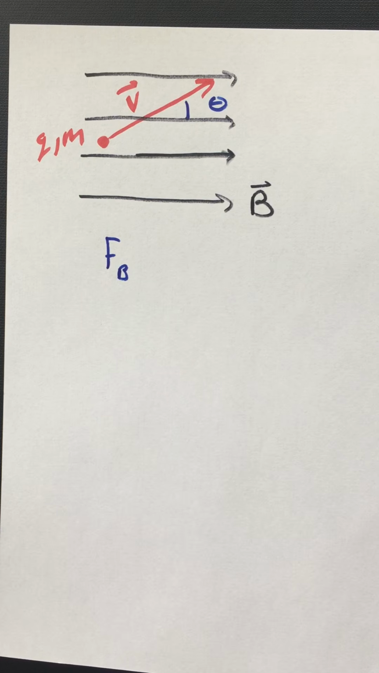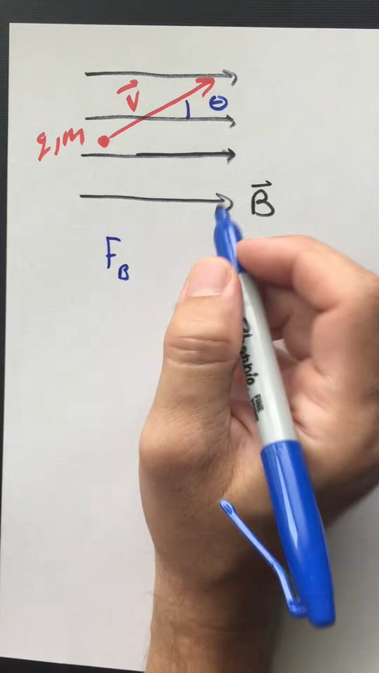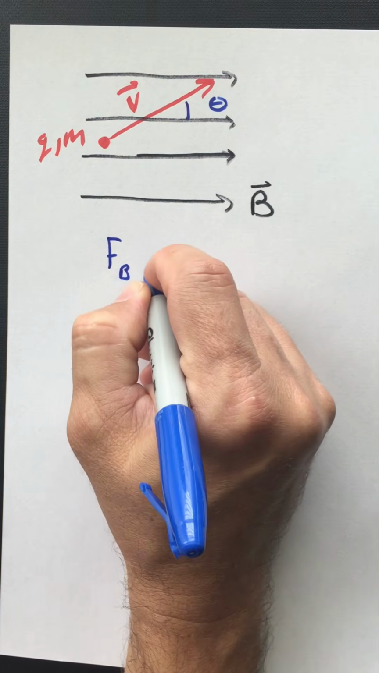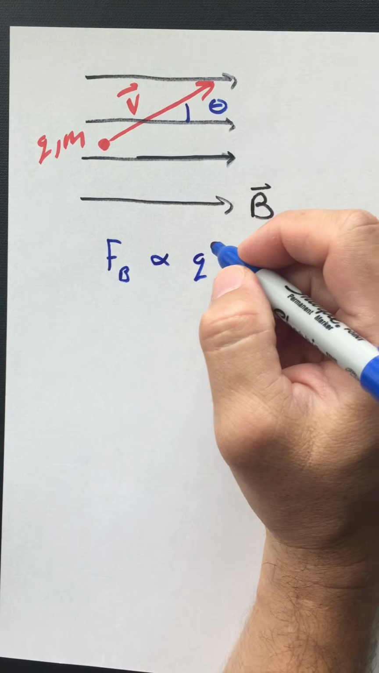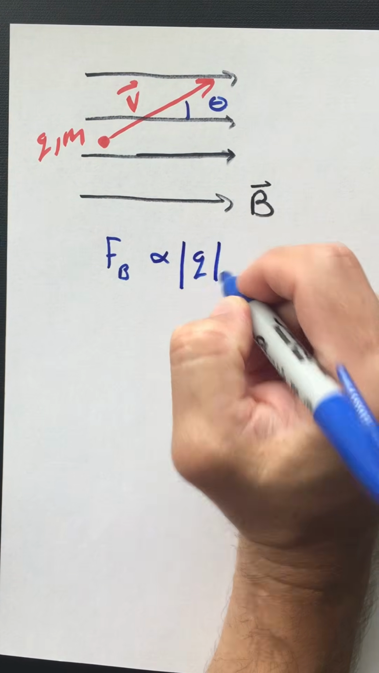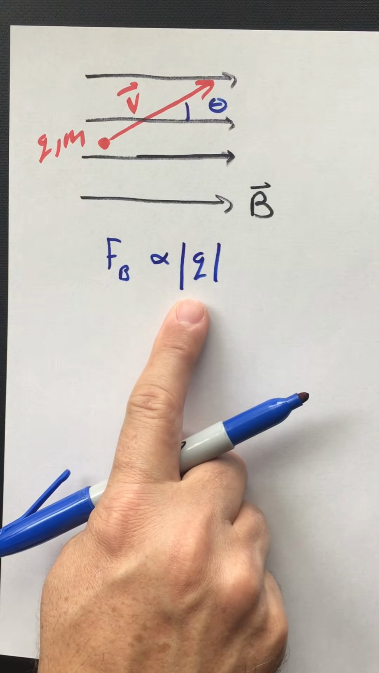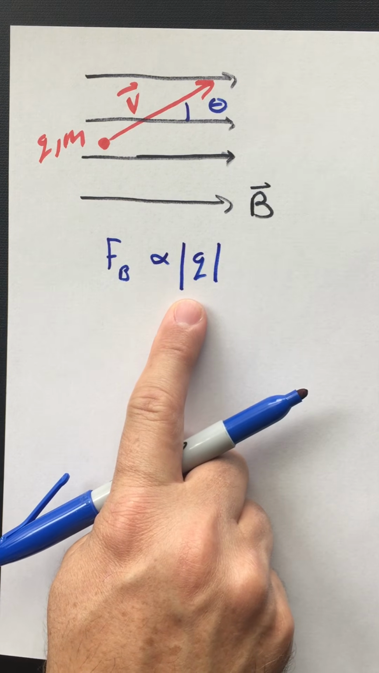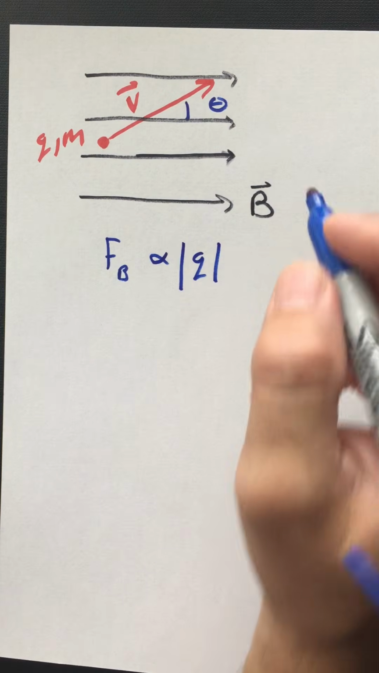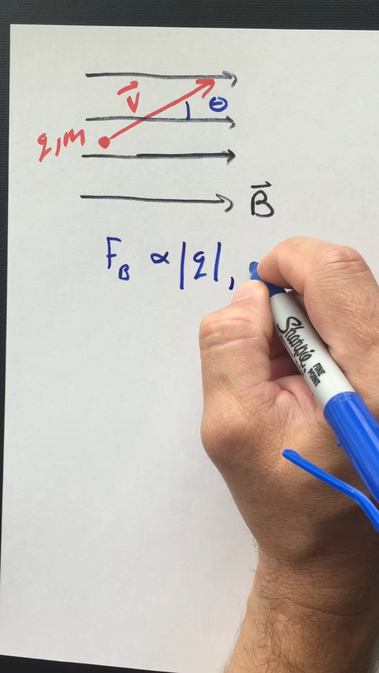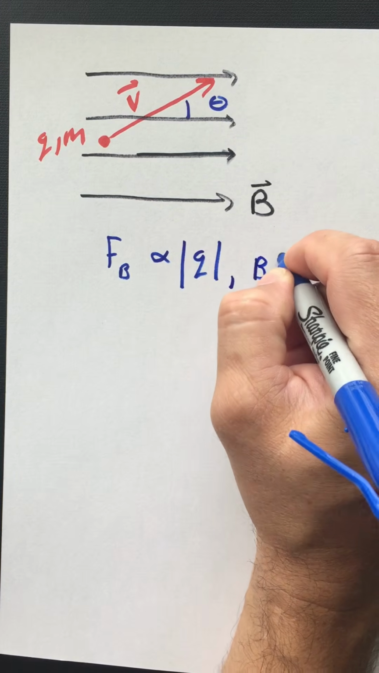And interestingly enough, we can determine experimentally that this force is proportional to the magnitude of the charge, which is probably obvious. Maybe I should say the size of the charge. We'll talk about what happens between negative and positive charges in a little bit, but the force is going to be proportional to the size of the charge. It's going to be proportional to the strength of the field,